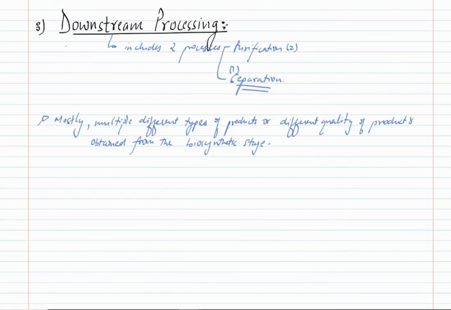To standardize our product, we need to separate out all the different qualities, and then there will be a criteria upon which we decide which product to keep and which to discard. So first we separate out all the different qualities of products that are formed. Second, we have to perform purification